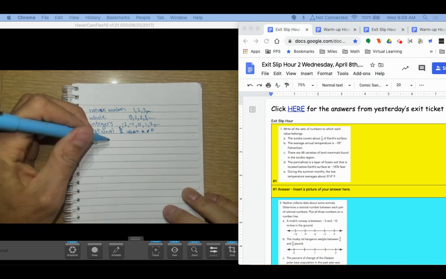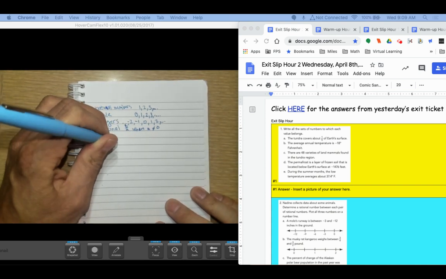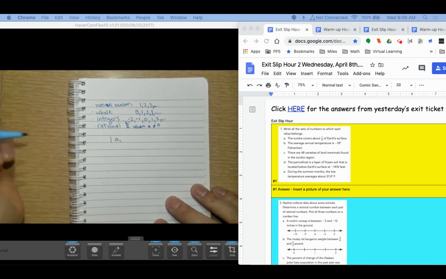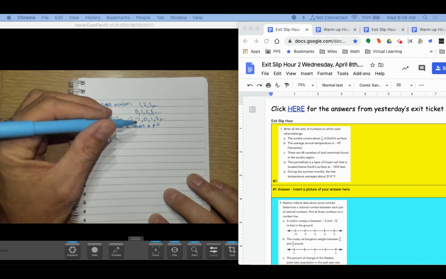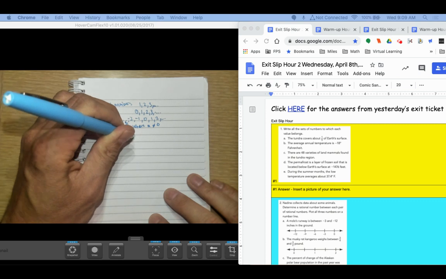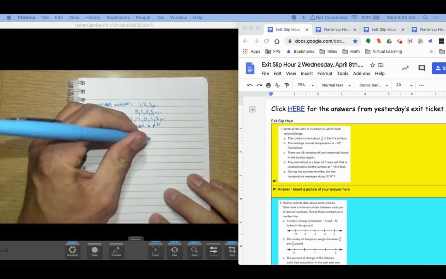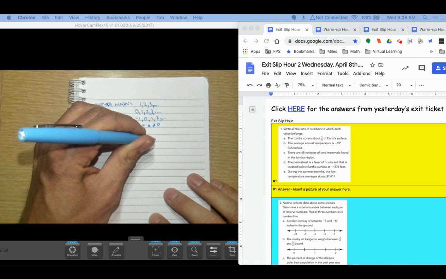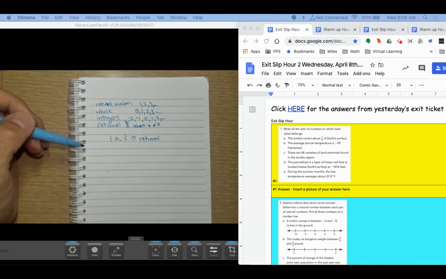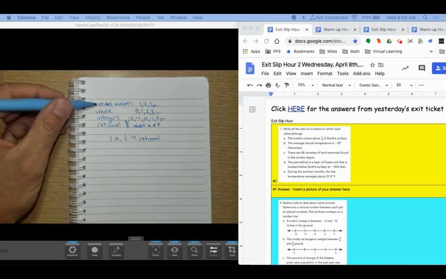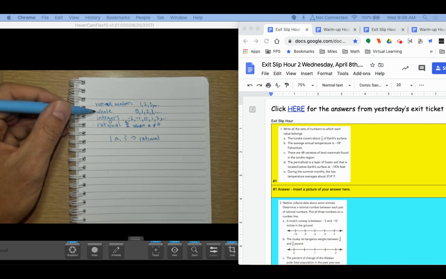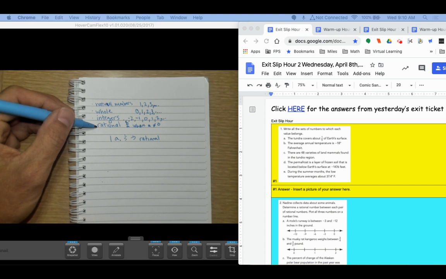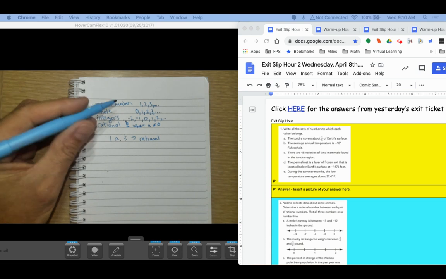And so for this question number 1, for 1a, it's just saying what kind of number is this? So the tundra covers about 1/5 of the Earth's surface. Well, that's a fraction. So 1/5, the only category it fits into would be a rational number. And then the other thing that we have to remember is if it is a natural number, it's going to be a whole number and an integer and a rational number. If it's a whole number, it'll be a whole number, an integer, and a rational number. If it's an integer, it'll also be a rational number. But this one is just a rational number.